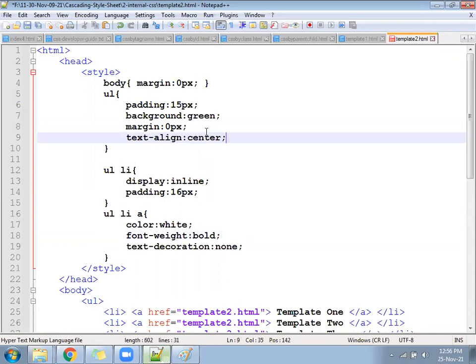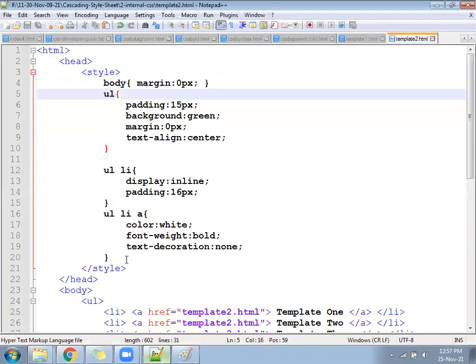Then all menus will appear in the middle, in the center.